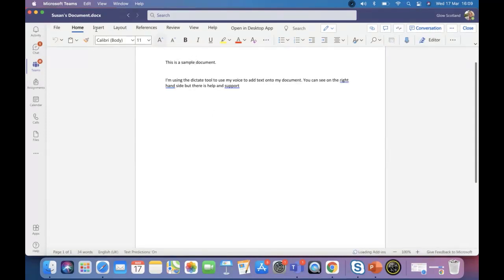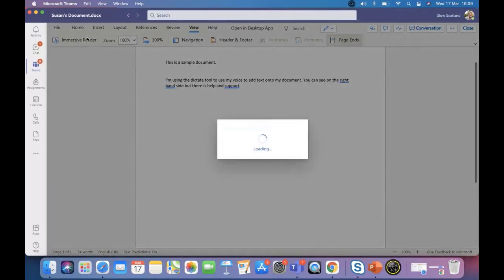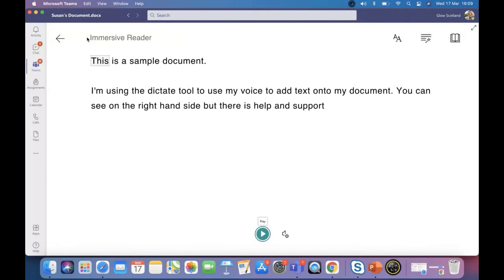Immersive Reader can be found along the top navigation under the View tab. When you open up View, you will see Immersive Reader appears on the left-hand side. Immersive Reader strips back the document to prevent visual crowding. So you can see the menu along the top has disappeared. At the top right-hand side, I can customize my text preferences. When I select text preferences,